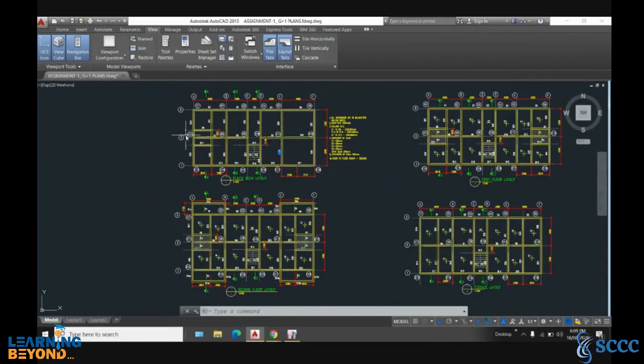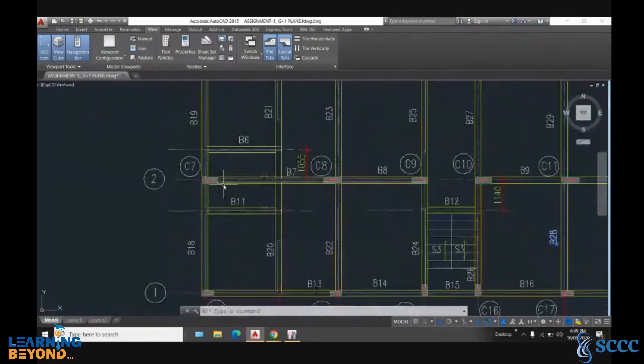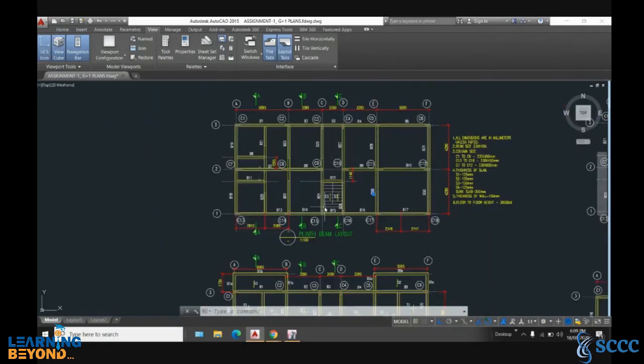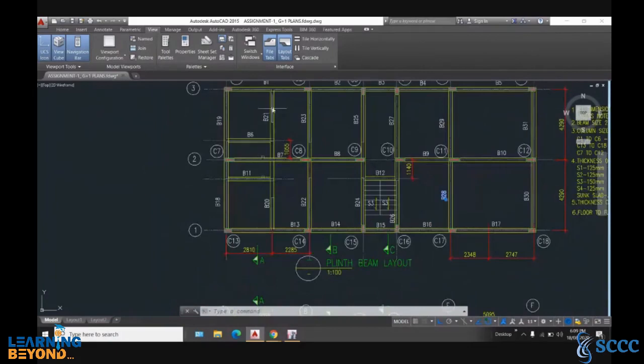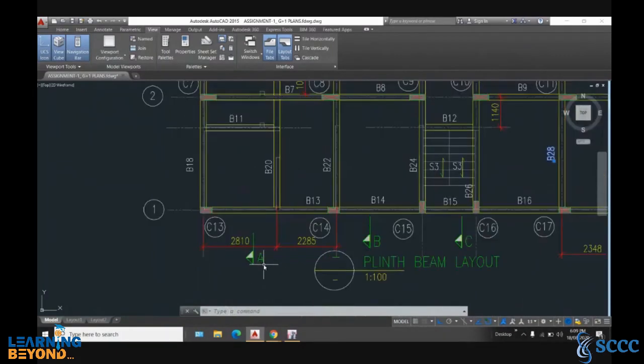How to draw that? What you will have to do is, you are over here and there is a 1055 distance from this beam to this beam. Then first you will have to draw this beam. Now this beam is either 2810 from this grid line, or 2285 from this grid line.